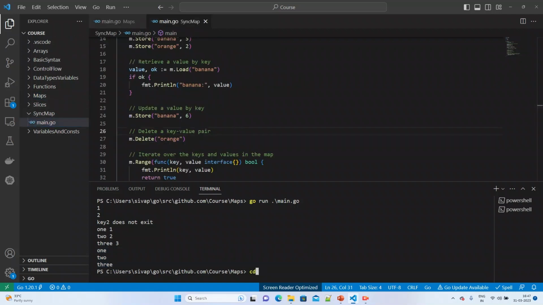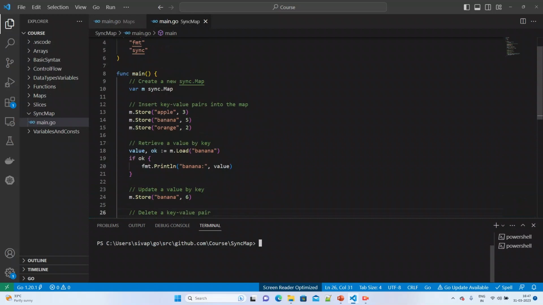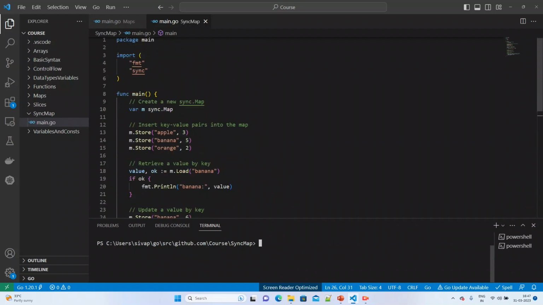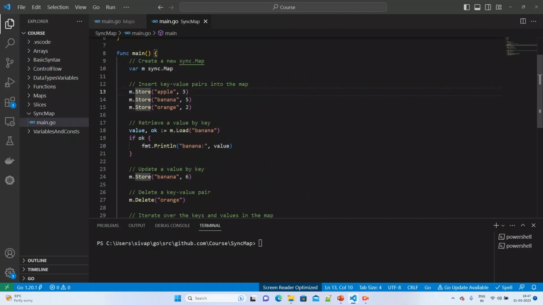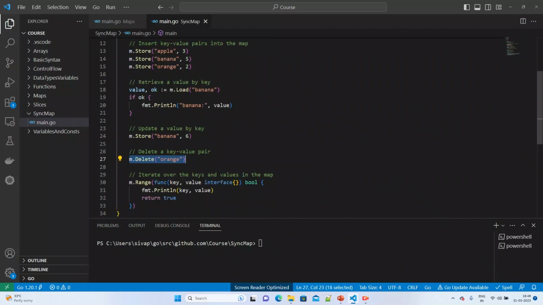And as we discussed, let us see the sync map as well. In this sync map, you can create using the sync namespace map. I'm just creating a sync map, and we can insert the values into the sync map using the store method, and you can retrieve using the load method. And also you can update the value using store, and you can delete using the delete method,